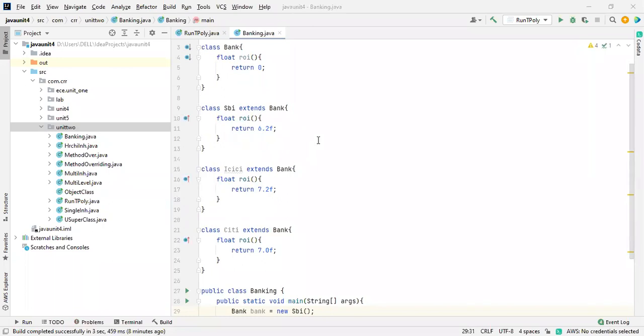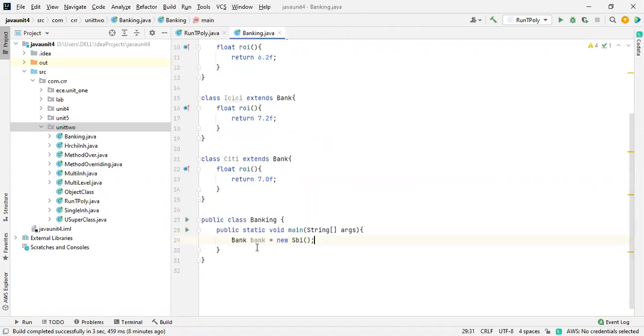Every time, directly we can take this out. I will take it as a bank and then directly go for bank is equals to new SBI. Now System.out.println.